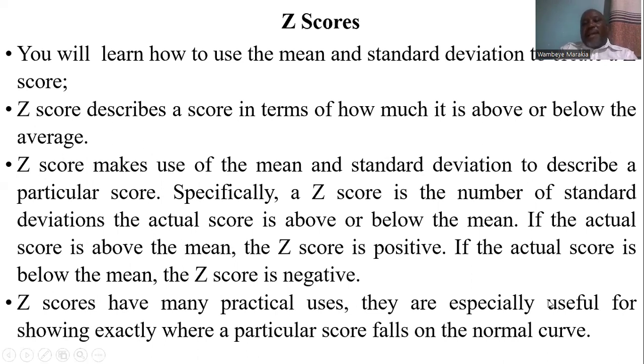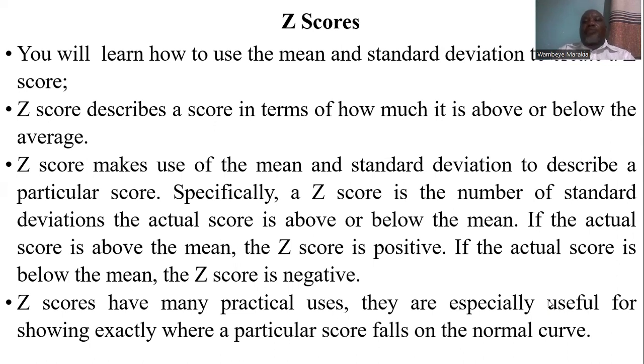In this section, you will learn how to use the mean and the standard deviation to create Z scores, and also to describe a score in terms of how much it is above or below the mean. Specifically, a Z score is the number of standard deviations